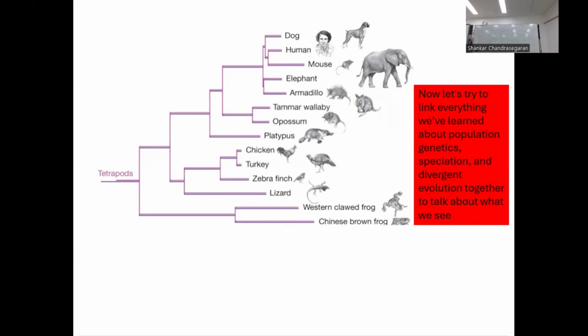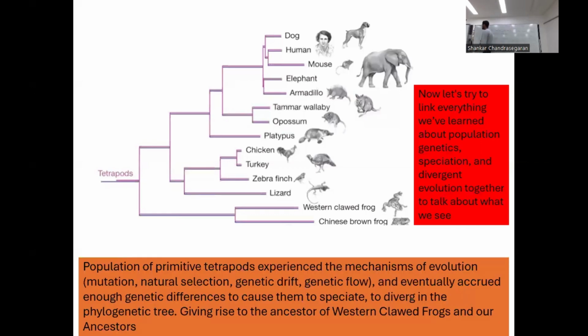Eventually those selection pressures cause the different populations to have so many genetic differences that they diverge to become different species. And over time, this process occurs many times to diverge to many different forms of life. So if we try to relate everything we've learned so far, an example of how you could describe it is that a population of primitive tetrapods experienced the mechanisms of evolution and eventually accrued enough genetic differences to cause them